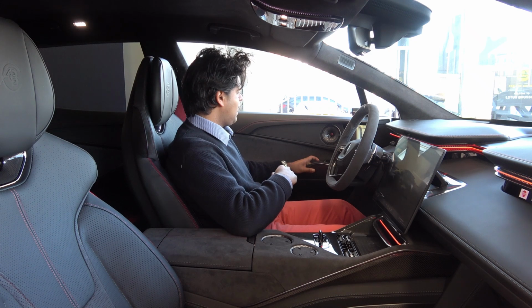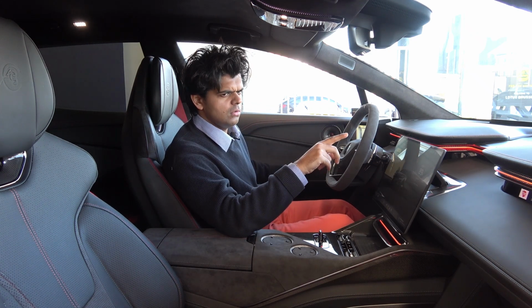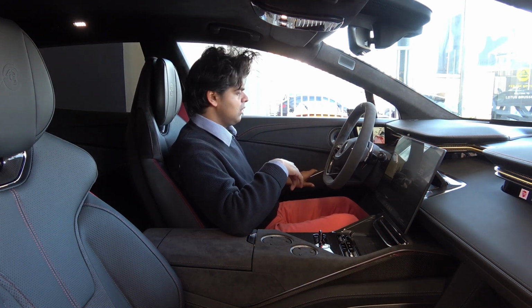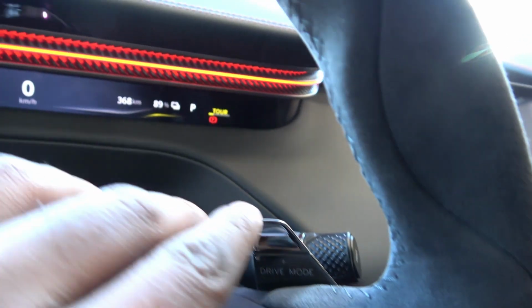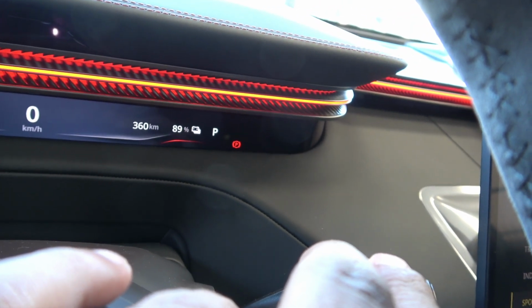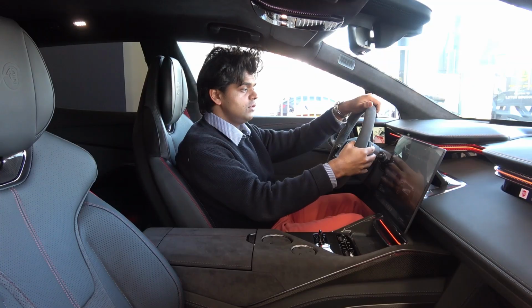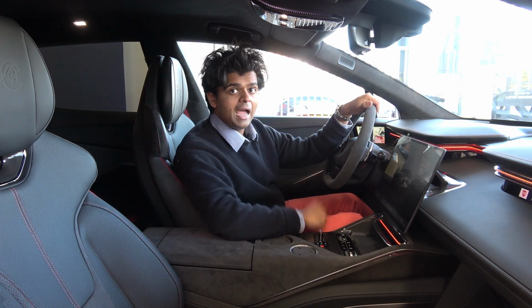Now, the door handle is suspiciously similar to Volvo. I think it's similar to Volvo, because it's just a little pocket, really, and I get seating memory as well. That's good. Now, for the driving paddles, you can choose driving mode as well. So when you choose between tour, range, and off-road, this will adjust the suspension,